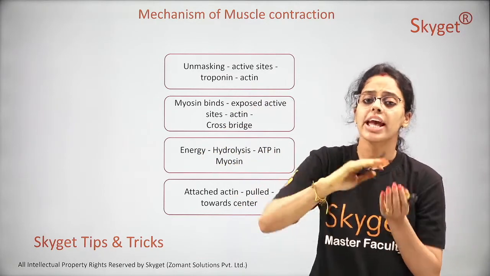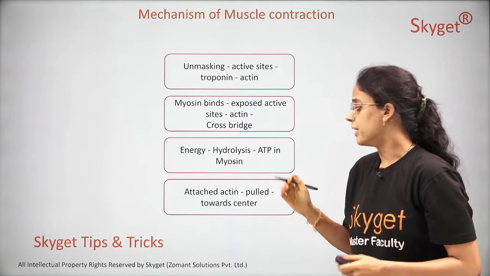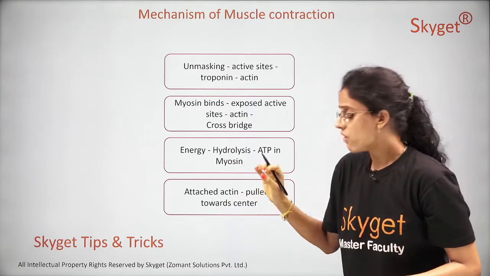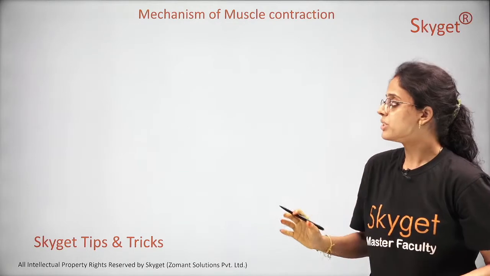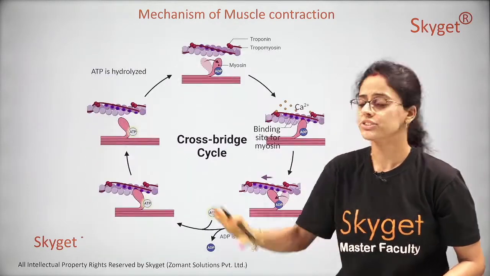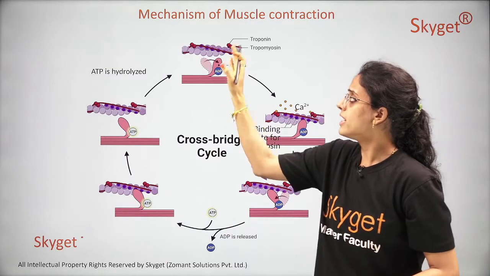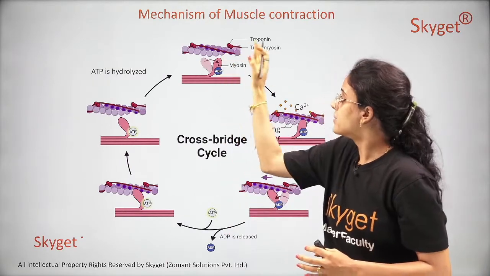Simultaneously, what is happening? Energy is hydrolyzed to ADP and inorganic phosphate, and the attached actin is pulled towards the center. So this is the process of muscle contraction. So let us see in the diagram. So myosin binds with the active site of